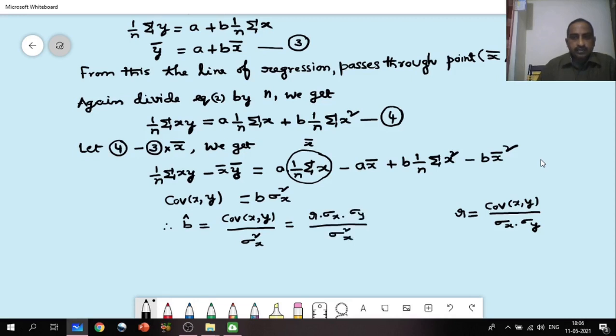So ultimately what you are getting is b hat equals r into sigma y by sigma x. Am I correct? This is one unknown parameter involved in the line of